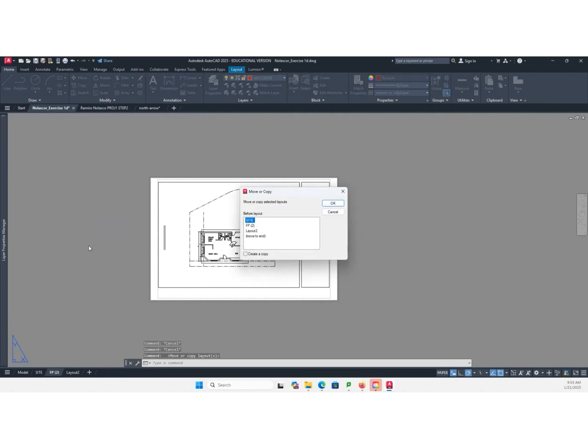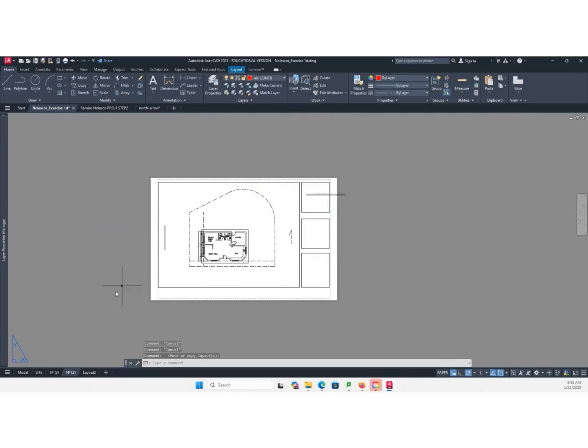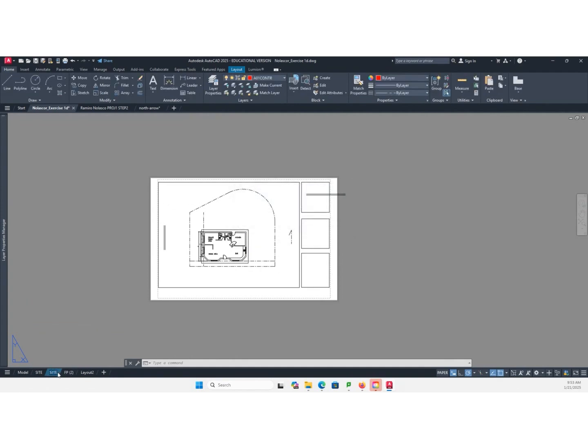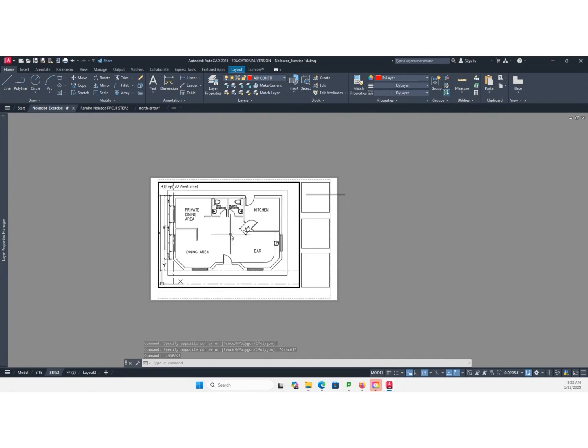So we're going to move and create a copy. Name this copy site, all caps. It already exists, so I'm going to say site 2. And then initially you were showing this, right? So we want to delete this viewport and extend that.